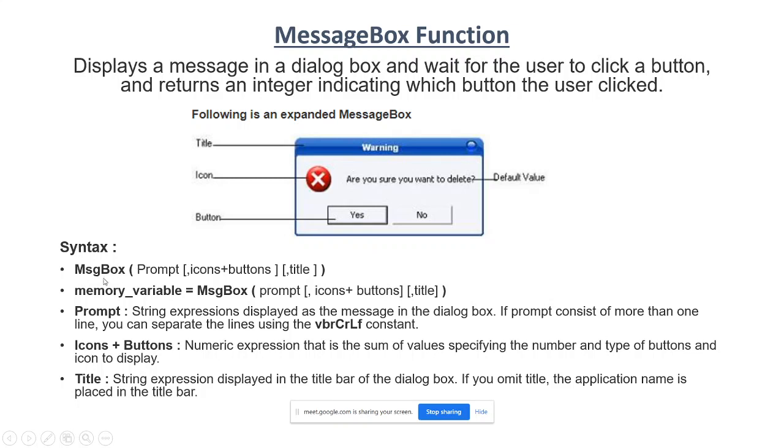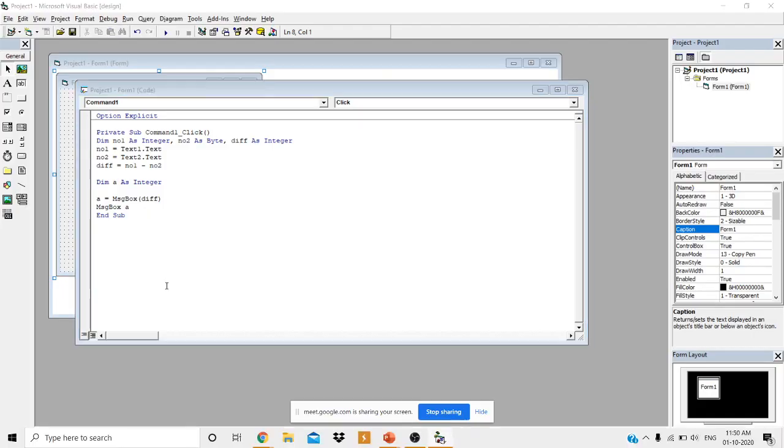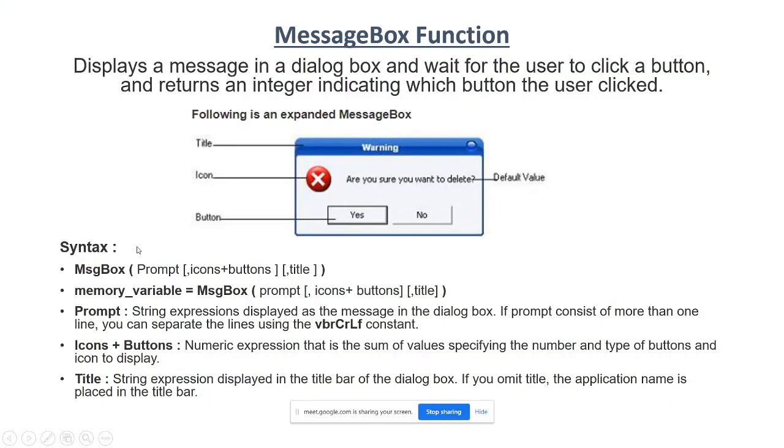When you use the message box, you must have at least one argument. You can observe here, for this message box we have one argument, and for this message box also we have one argument. At least one argument is mandatory. If you want to print a string, it must be in double quotes, or if you want to print the value of any variable, you can just specify the variable name. Got it? It must have a single argument and it is mandatory.